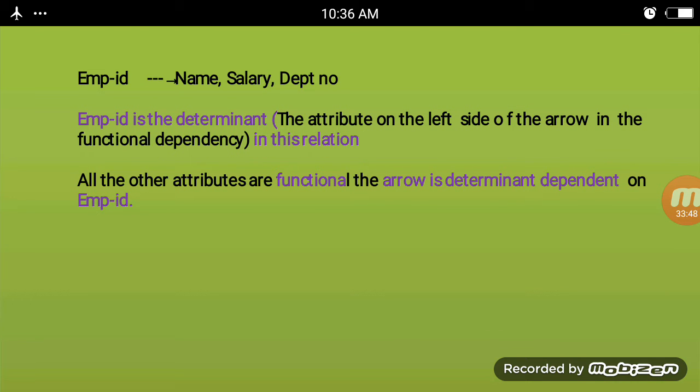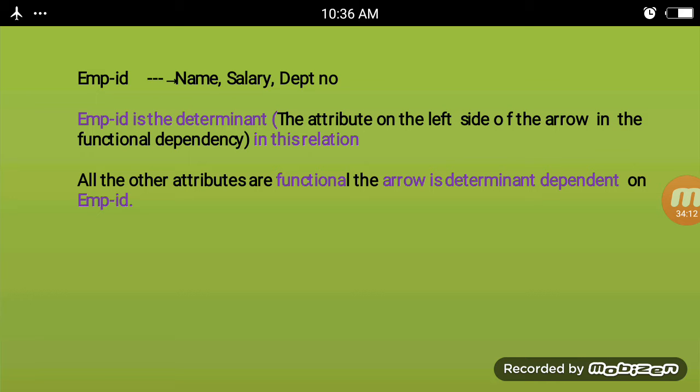Employee ID is the determinant, the attribute on the left side of the arrow in the functional dependency in this relation. Employee ID is unique. A to B, shown in the above figure, is a functional dependency.